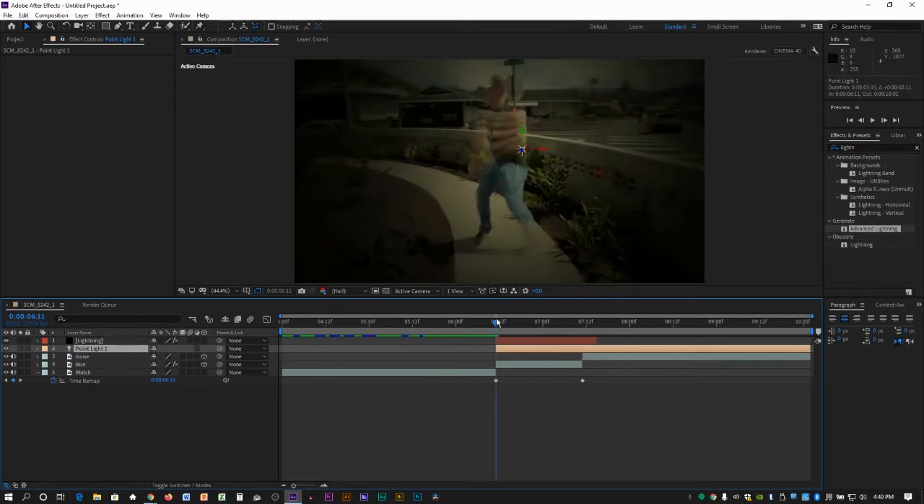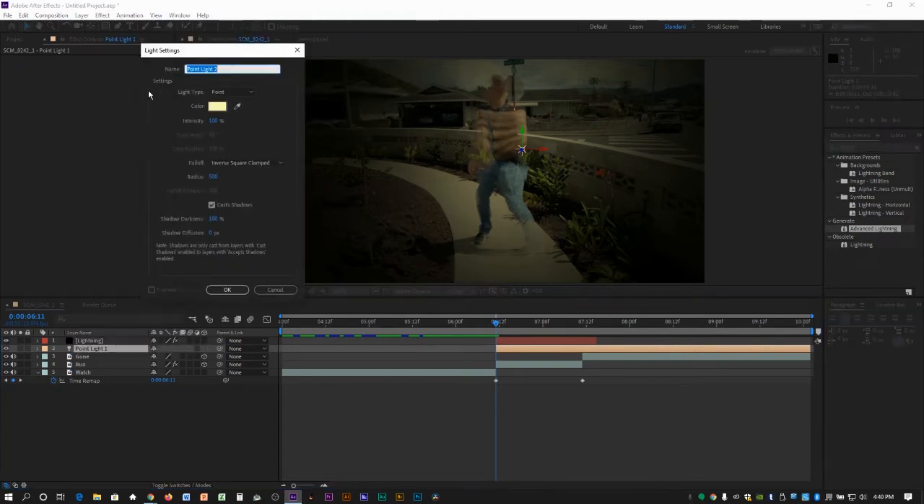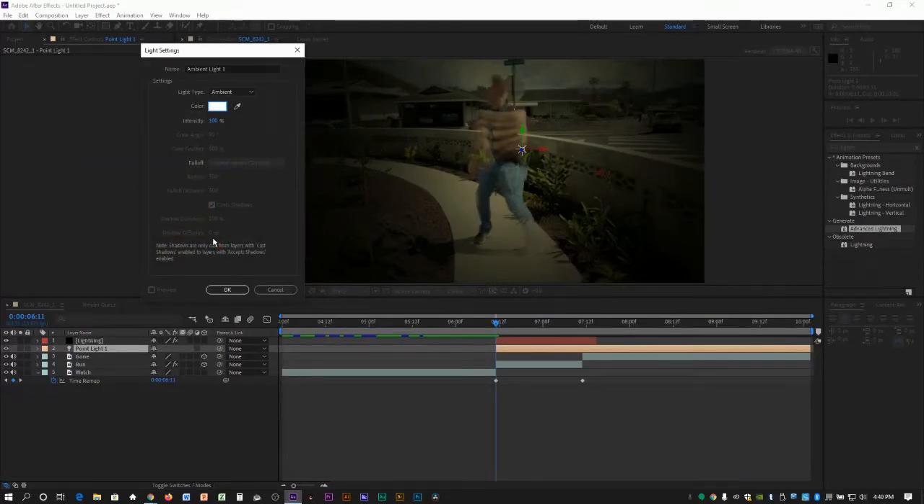We are going to take care of that easily by adding a second light. The second light we are going to add, we're going to go to Layer, New, and we're going to choose Light. This time we're going to choose Ambient. Now the color for the ambient light needs to be white because that is going to be used to illuminate my background and my footage. Then I'm going to leave the intensity at 100% and leave this the way it is. And then once I click OK,